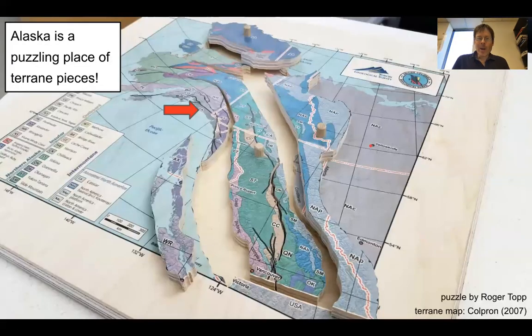So this idea about terranes has been really nicely depicted in a couple different ways. And this was a puzzle made for a museum exhibit. This is made by Roger Topp, where the user can kind of pick out these major terranes and move them in ways and think about how they piece together. But another piece from here is, where did they come from and when did they sort of adhere to Alaska? So here the arrow's pointing to this most recent one, this Yakutat terrane on the outer